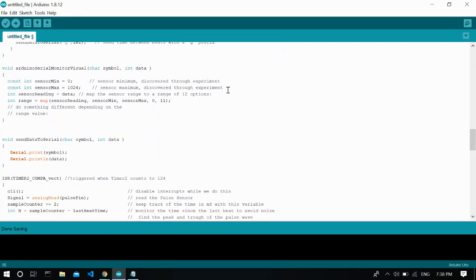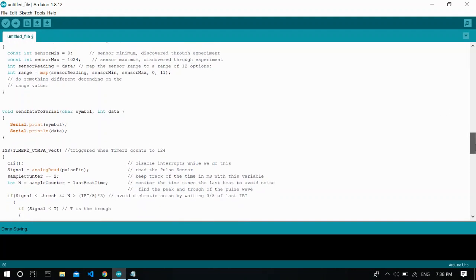Inside the function, we have declared a few constants like sensor minimum and sensor maximum initialized to 0 and 1024 respectively, and integer sensor reading is set equal to data, which is one of the parameters of the function. Then we have integer range, which is the map of sensor reading, sensor minimum, sensor maximum, 0 and 11.